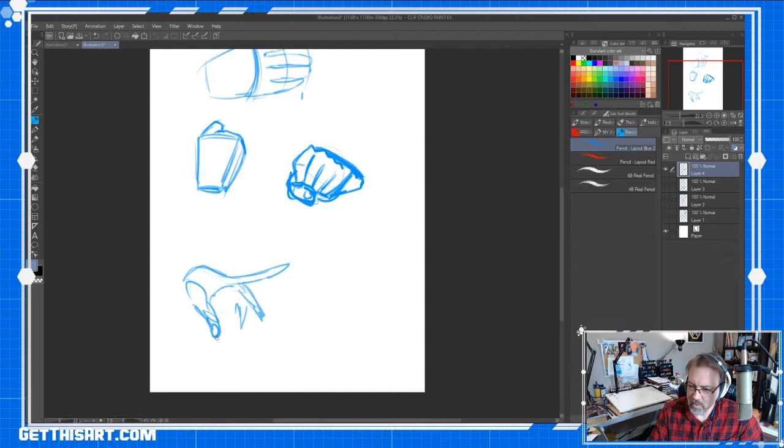Is Clip Studio good for a beginner? I think so. The other thing too is a tablet. Like I'm drawing on an XP Pen tablet directly on the surface. I could never get used to doing this, but